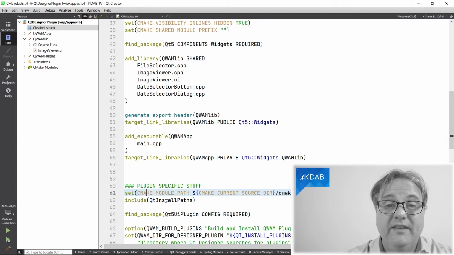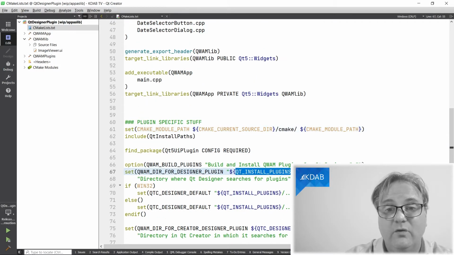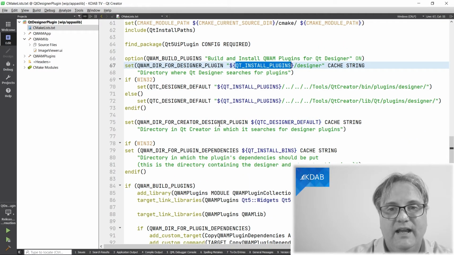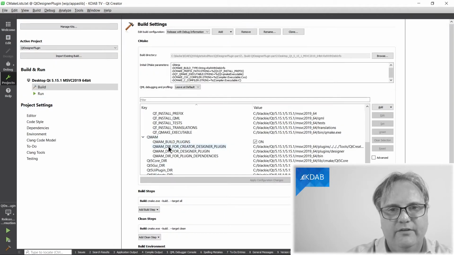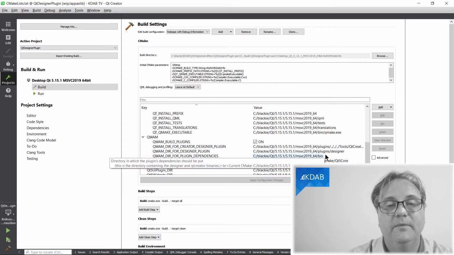You would want to copy that file over into your stuff. It's a file created by Allen Winter from KDAB, and it basically calls qmake and queries a number of pieces of information from it, and then it creates these Qt install plugin variables. And look at the file itself, it's rather self-documenting. Okay, if I have all of these, let's go and see the configuration again here. So you can see we have the on-off here, and then the QAM dir for Creator Designer and all of these. And hopefully they will all be fine. And if you've compiled Creator yourself or Designer yourself or whatever, then you might want to specify them in different locations.